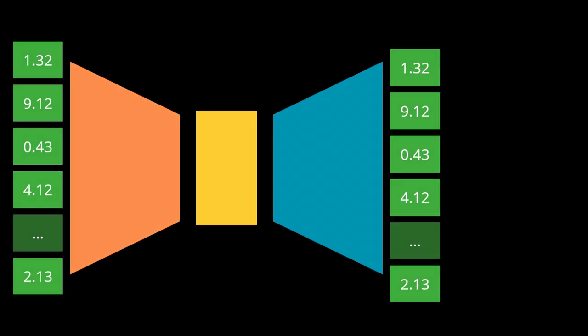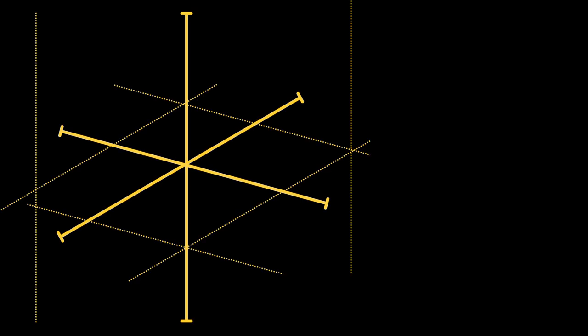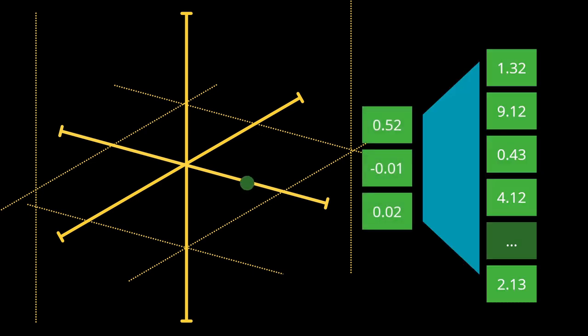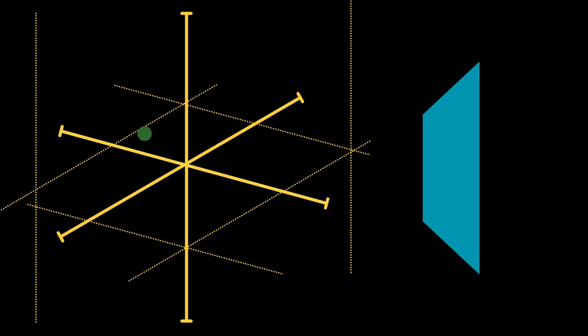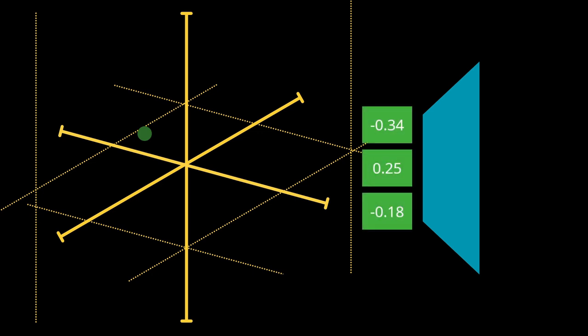The middle area here, the low dimensionality space, described by the vector of 3 numbers, is called the latent space. It can be considered as a coordinate system, with as many dimensions as there are numbers in the vector, 3 in this case. These 3 numbers can have all different kinds of values, and every different value for each of these 3 numbers is a different point in the space. And every point in this 3-dimensional latent space corresponds back to the 3 numbers, a 3-dimensional vector. And those 3 numbers, the 3-dimensional vector, can be put through the decoder to produce an output.